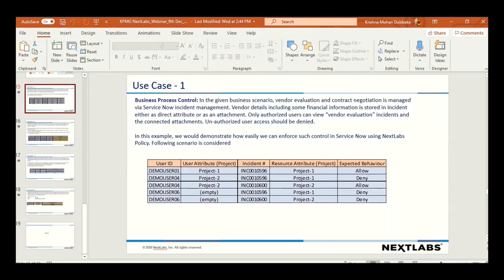So in this particular scenario, there are vendor evaluation requests created in ServiceNow, and then that incident contains information about the vendor, including their contact information and some financial information. The control here is that only authorized people are allowed to see the vendor information, owing to GDPR and other compliance requirements. And unauthorized people should not be able to access these details. To demonstrate this,